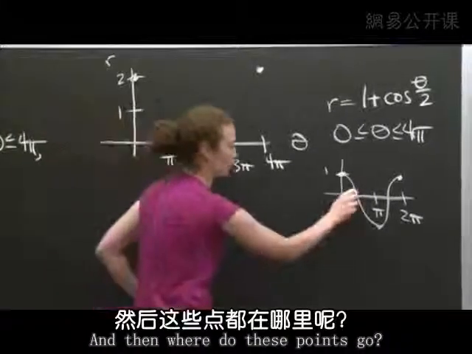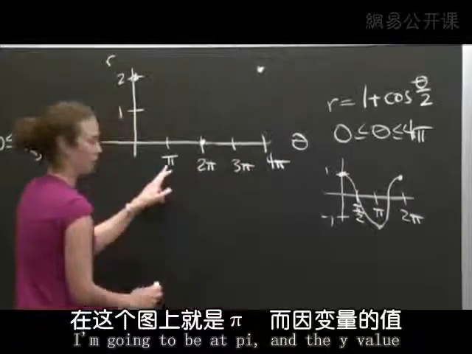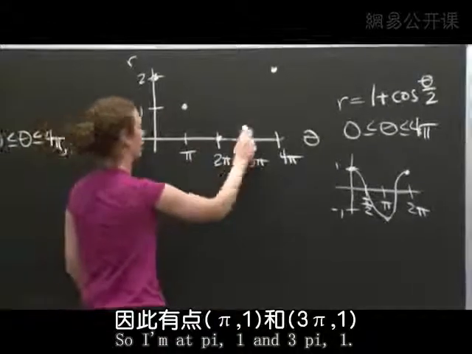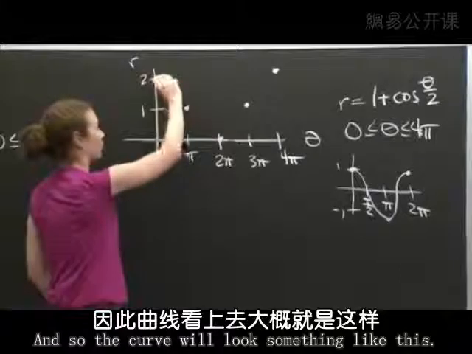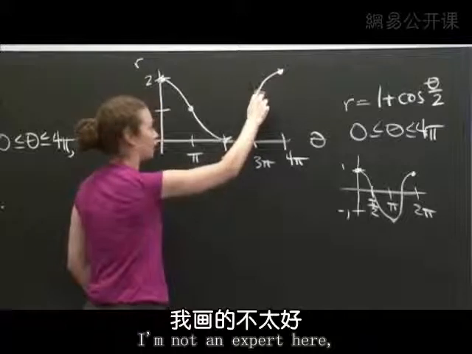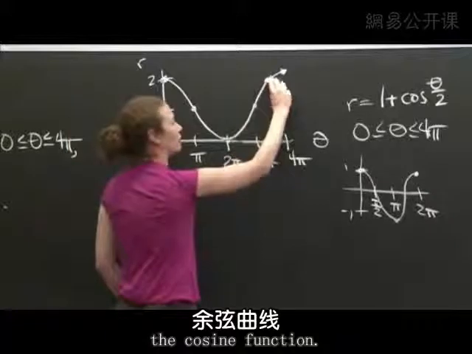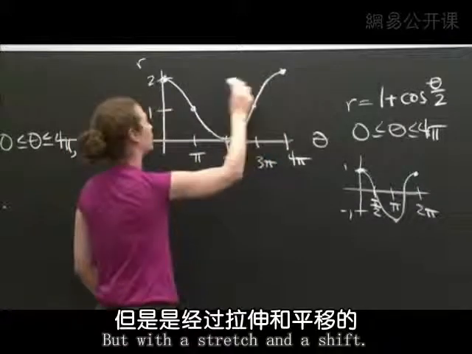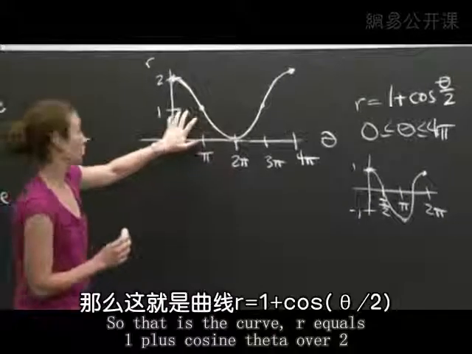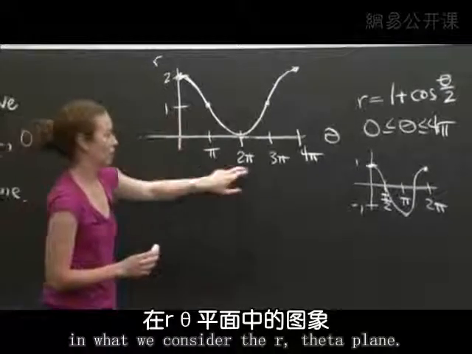And then where do these points go? This was pi over 2. The x value is going to be doubled. I'm going to be at pi, and the y value is going to go up by 1. So I'm at pi, 1 and 3 pi, 1. And so the curve will look something like this. I'm not an expert here, but hopefully that looks something like the cosine function, but with a stretch and a shift. So that is the curve r equals 1 plus cosine theta over 2 in